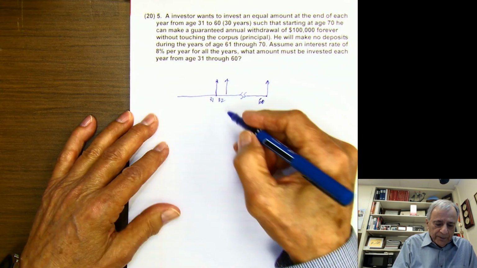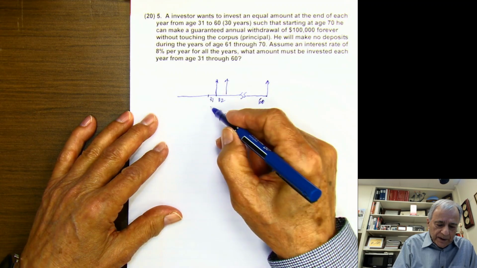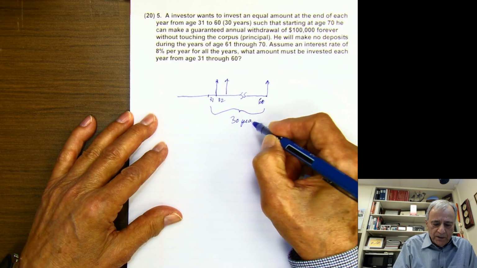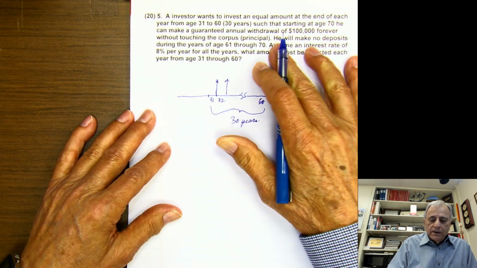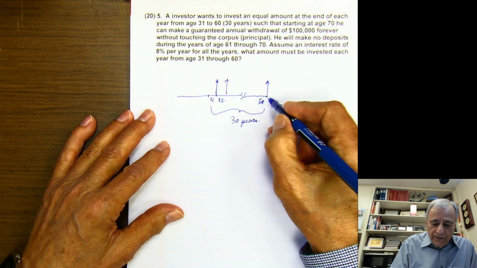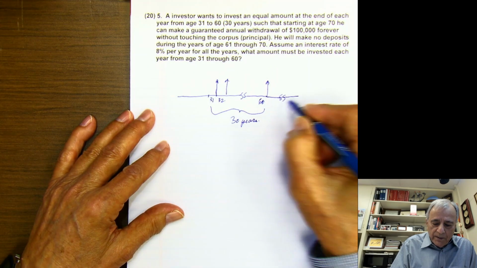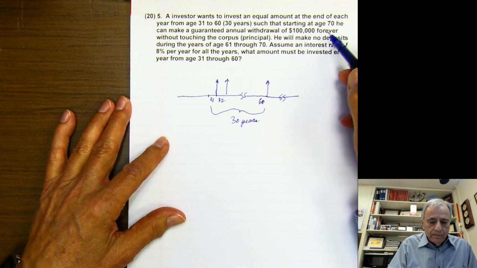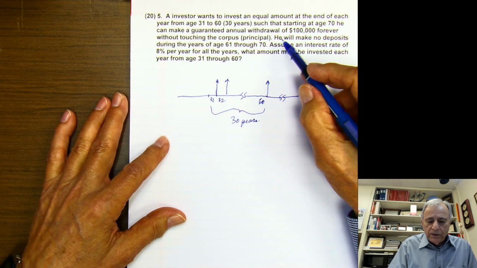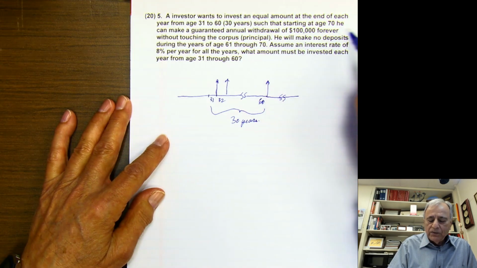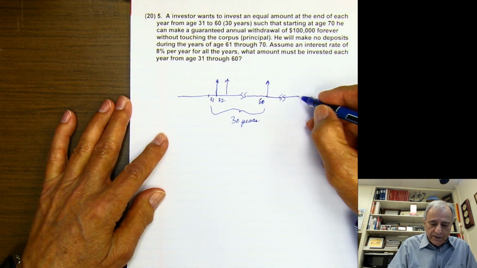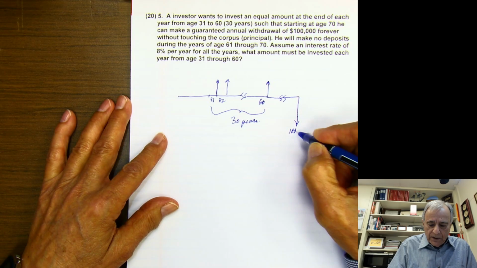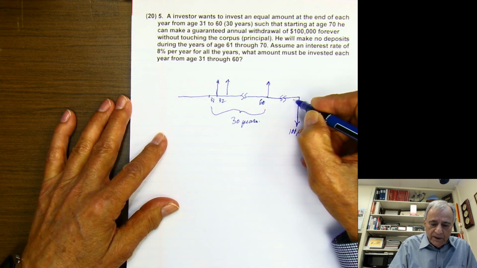Which is a 30-year period. If we take a look at this, 30 years is what this is saying, such that starting at age 70, we're going to come out here, he can make guaranteed annual withdrawals of 100,000 a year. So he wants to be able to take out 100,000 starting at age 70,